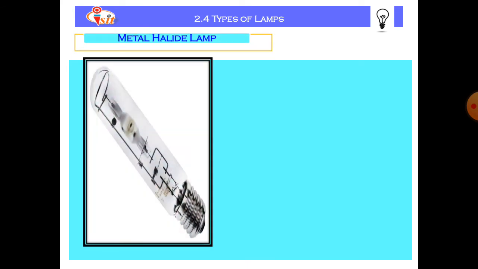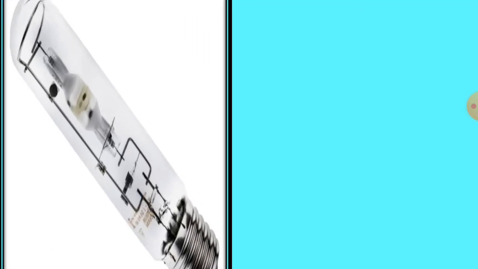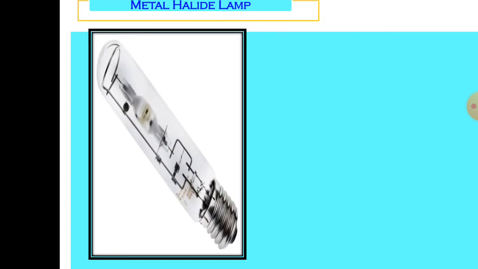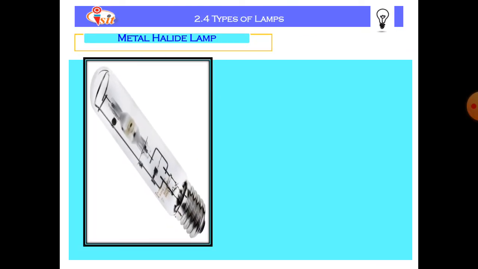This is what the metal halide lamp looks like. It has a short arc tube, gator rings, supports, main electrodes and the external glass envelope. The material which is used for the short arc tube is quartz, and at the bottom there is a nickel plated threaded cap which is used to connect the lamp into the holder.